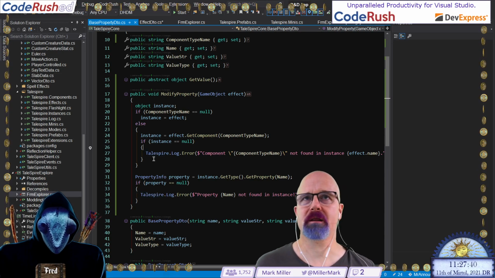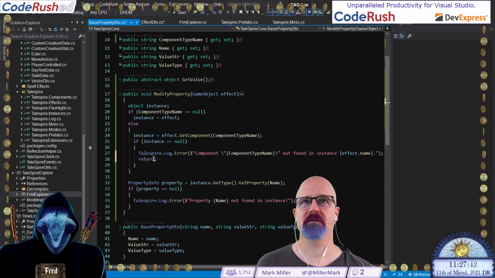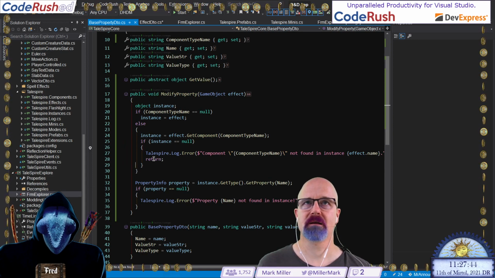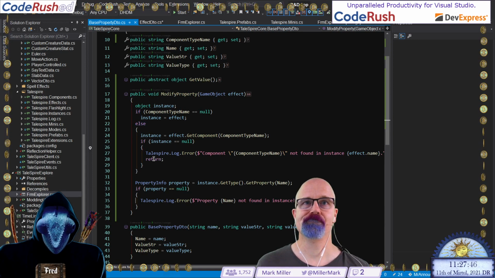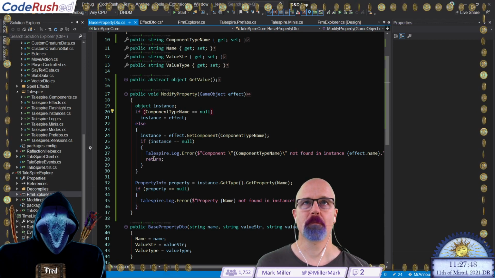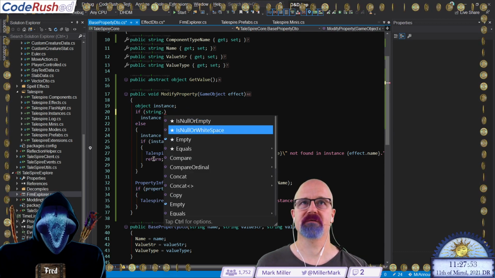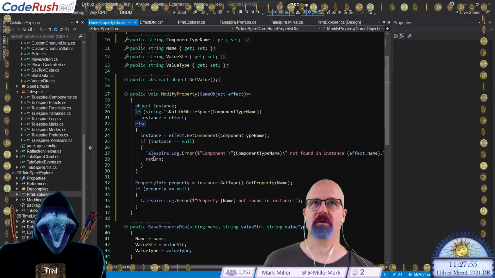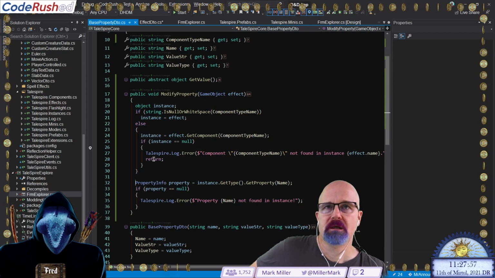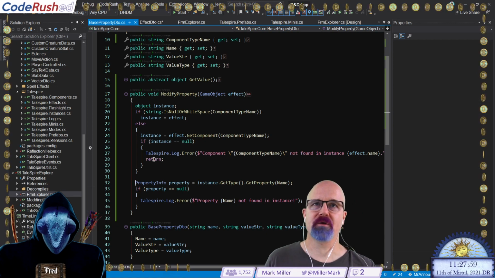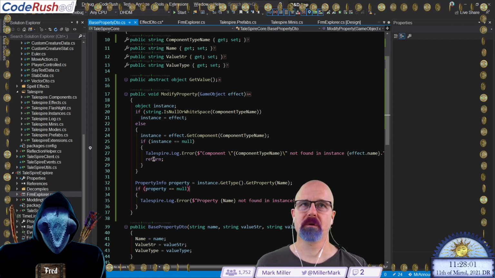Okay, so I got my error here, and I think this is a return. If we hit that block, I'm going to change this, be a little more protective, like that, since we're coming from a text environment. Okay, so now if we get down to here, we've got the property, we've got the instance.